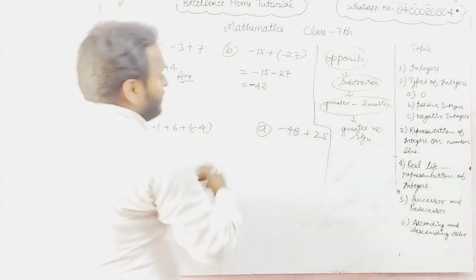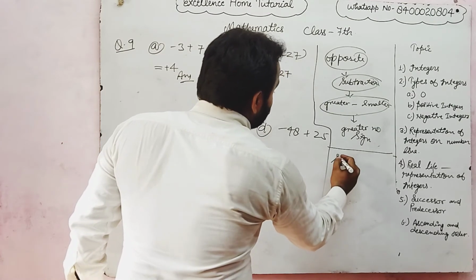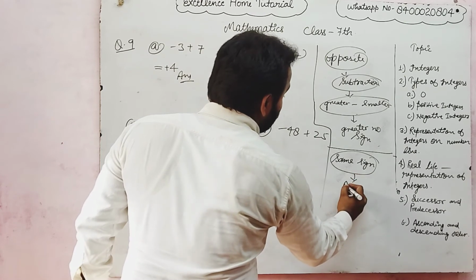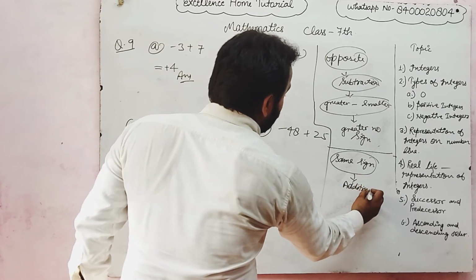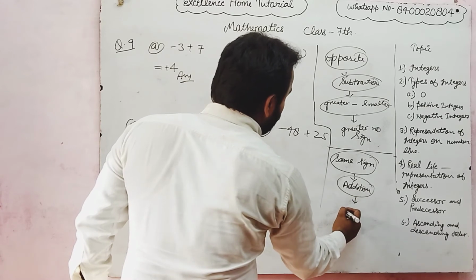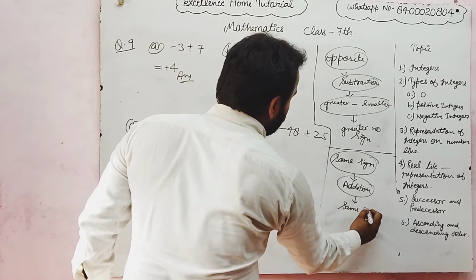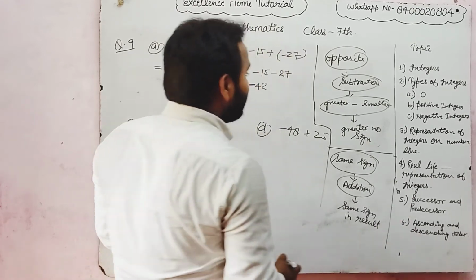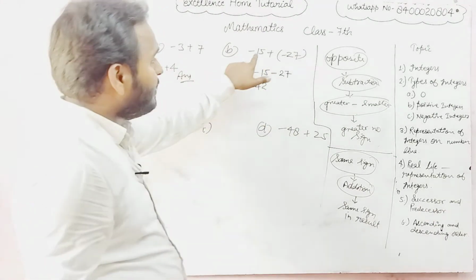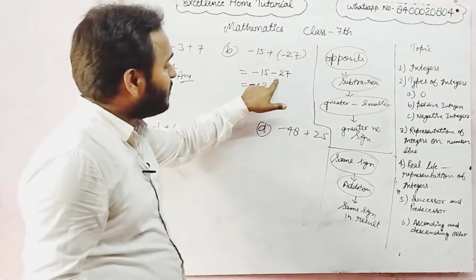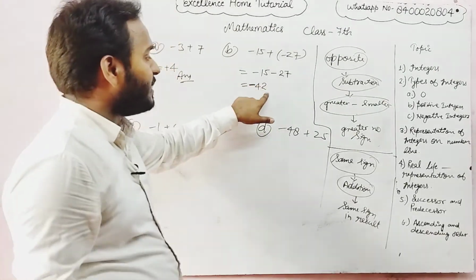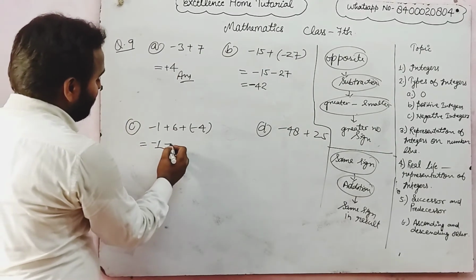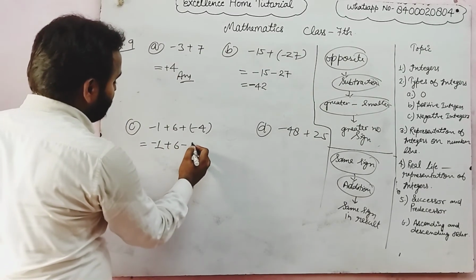And in this case, when the same sign appeared, then addition is applied, and we have to put the same sign in the result, यानी हमें रिजल्ट में सेम साइन अप्लाई करना होता है। दैट इज -15 प्लस माइनस का इंटू हुआ, यहाँ पे माइनस हुआ 27, उसके बाद ऐड करने पे 42 आंसर। अब यहाँ पे देखेंगे दिस इज -1 प्लस 6, दिस इज प्लस माइनस माइनस हो जाएगा।